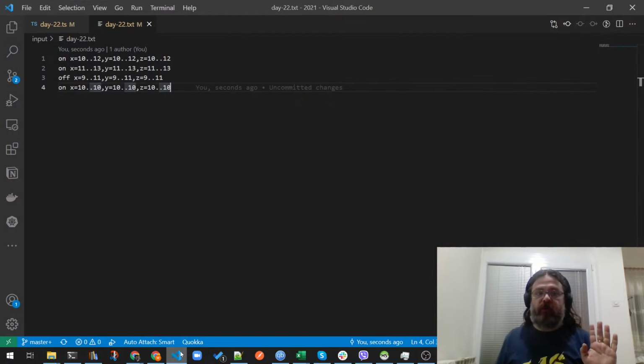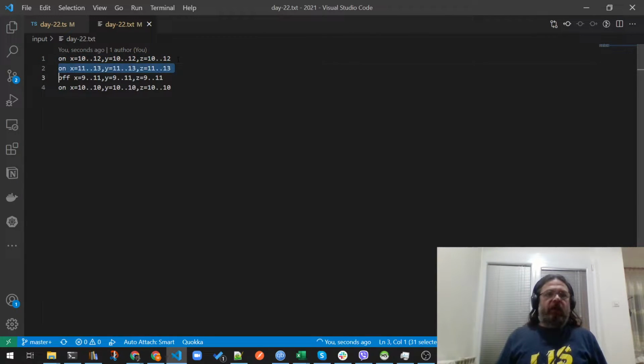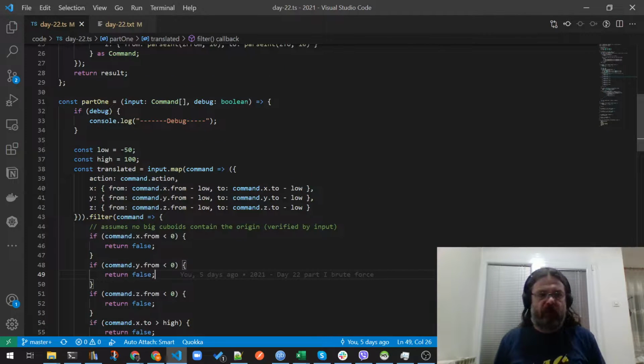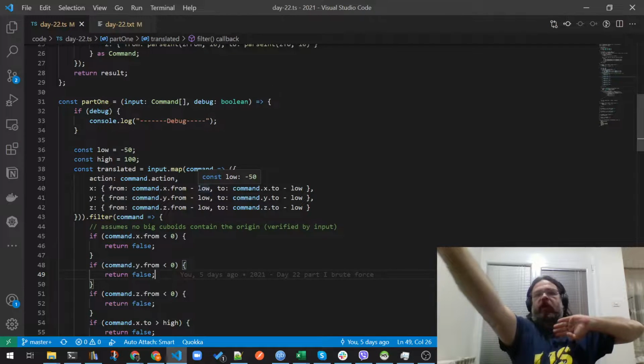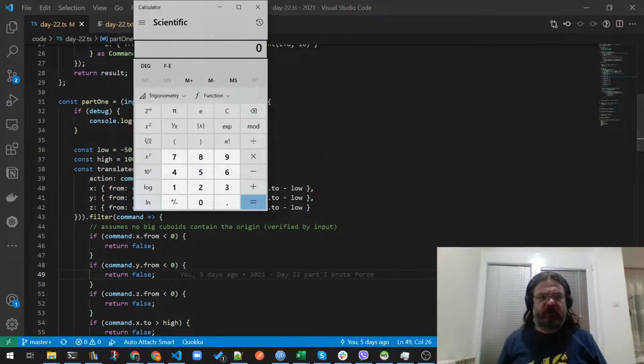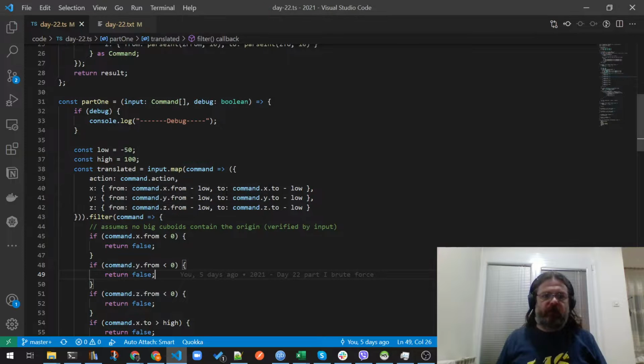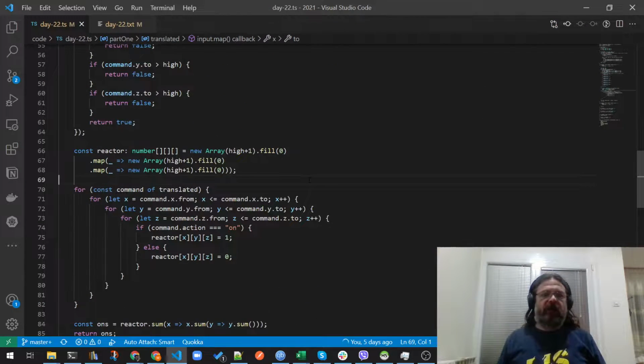with brute force. So if we have these boxes, these cubes or cuboids technically, that are turning on and off and on, we are making a huge cube, 101 by 101 by 101, and that's a lot of points. How many points? 101 times 101 times 101. Yeah, about 1,000,000 points. And then we're going through all of the data and for each, a triple for each,